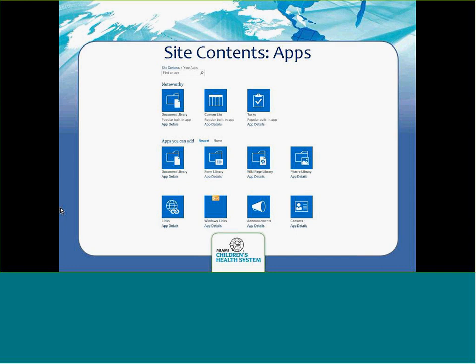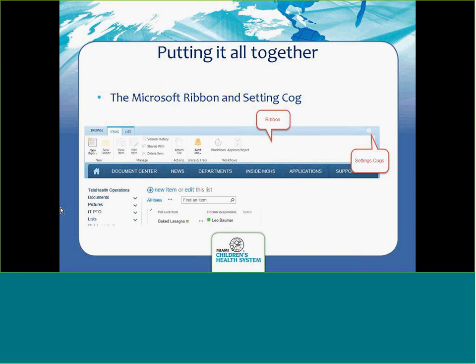Okay, so we're just kind of skimming the surface here of all the stuff we can do. The next essential to understand is the Microsoft ribbon and the settings cog. These are the things you click on the most when you're working on these sites. The ribbon is basically what Microsoft calls their menu. Ever since I think version 2007 of Office, they made it thicker to fit picture and text. Way back in the day, Windows 95 and Office 95, it would all just be text. So they wanted to also give you a graphical representation of what the alert me is, a little bell there. So they call it the ribbon, and over on the top right corner we have the